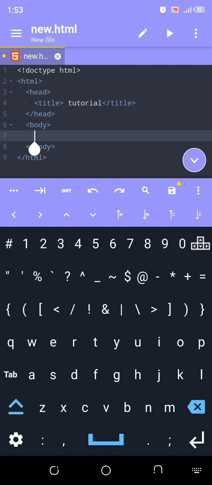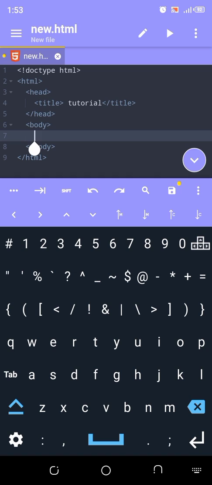Then for our body, I want you to picture your body as the content of your HTML. See that as an article. What does an article have? It has your headers, your paragraphs, and the rest of your text, right? That's actually what your body has. This is what you'll be seeing on the screen. You won't see the tutorial I just wrote there. Maybe you might see it at the top of some browsers, but generally you won't see it.